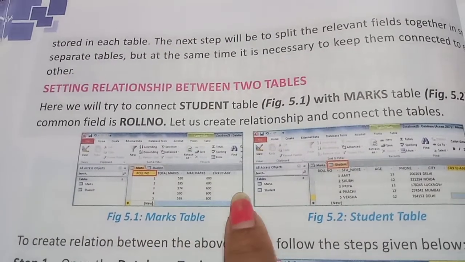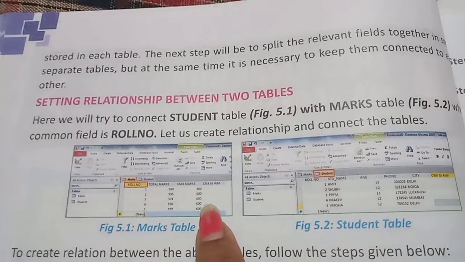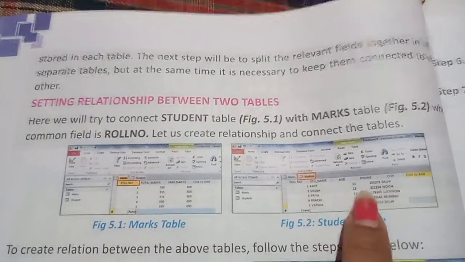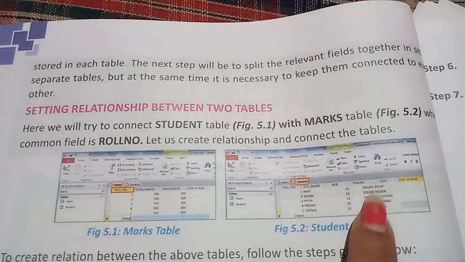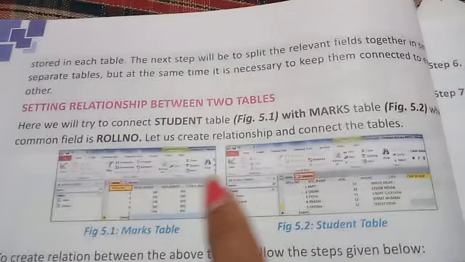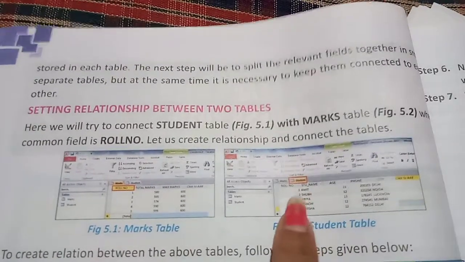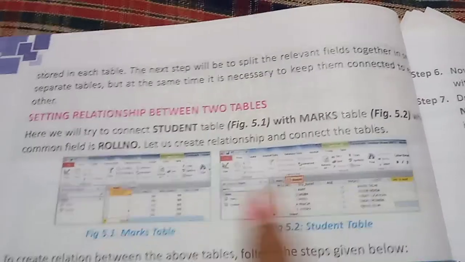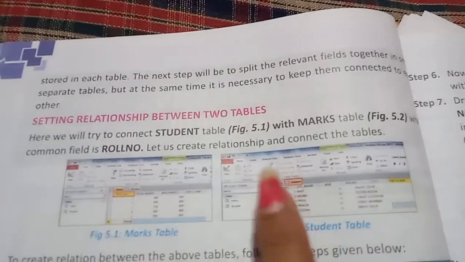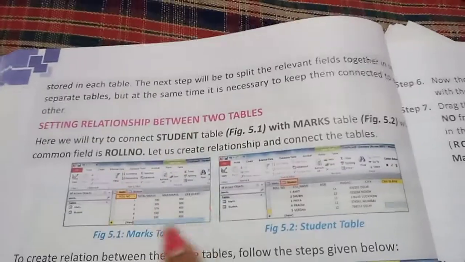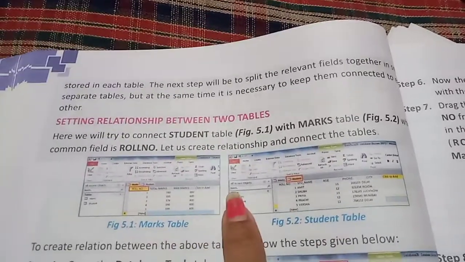Then you can see here total marks, maximum marks, it is here. Here name it is given, age, profit, phone numbers and city it is given. So what will be the relation? The roll numbers, this is the relation between marks table and student table. So this is the marks of this student. So these two are the relationship between two tables.